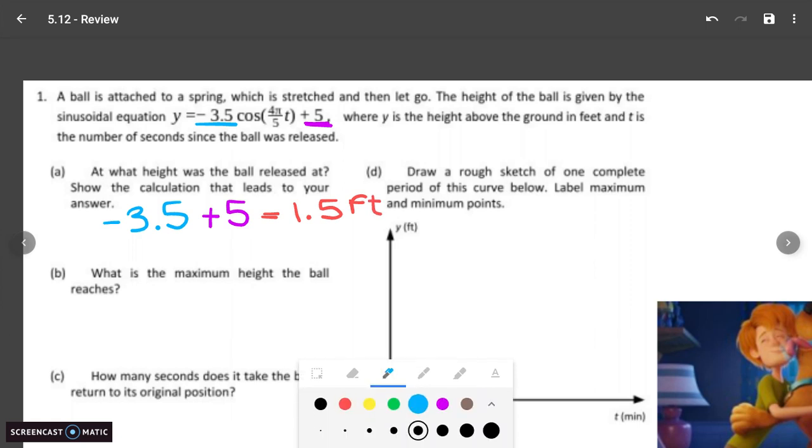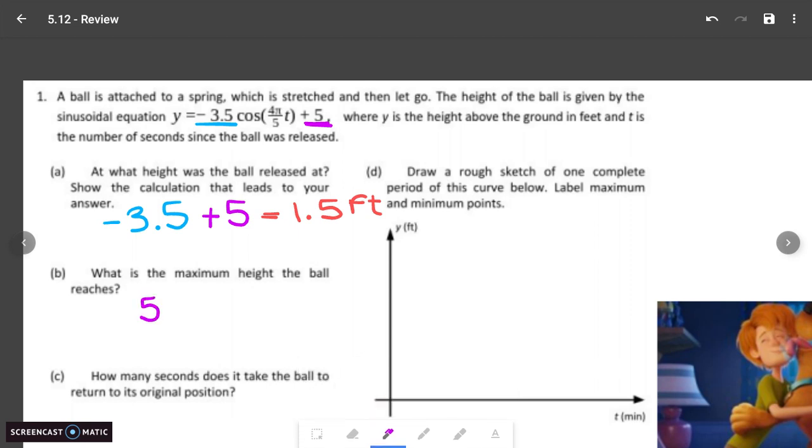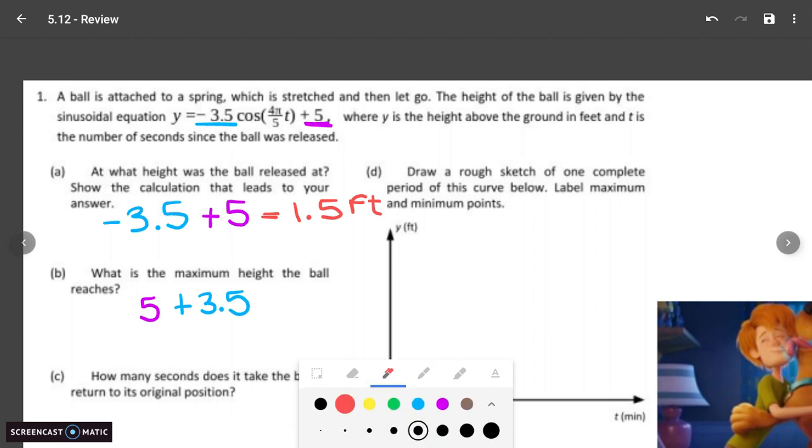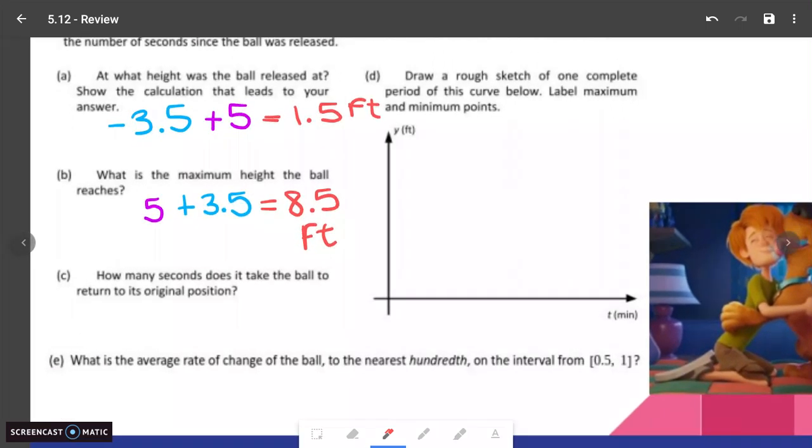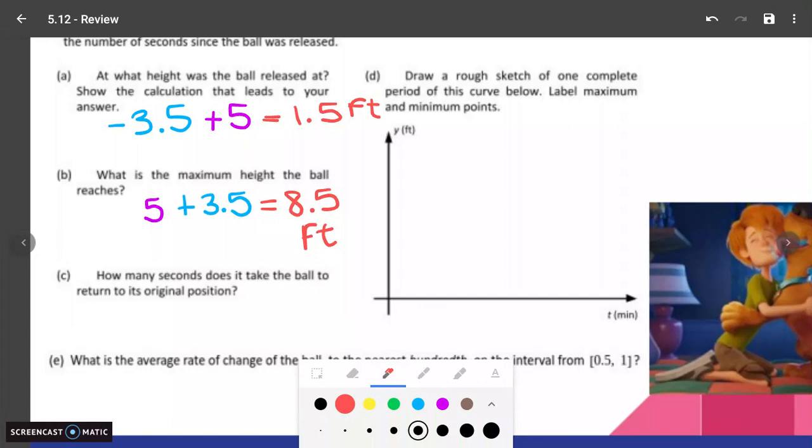Now for the maximum, it's that same idea. We're still going to use the midline, only this time we're going to go up, so we're going to add the 3.5, add the amplitude. And then when we add the amplitude, we'll get our max height of 8.5 feet. And then we're asked